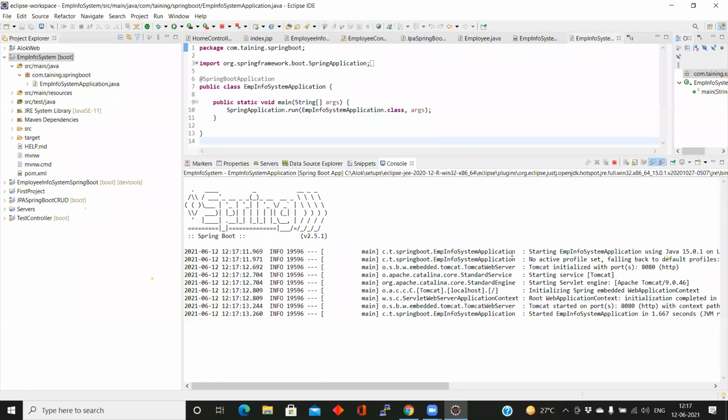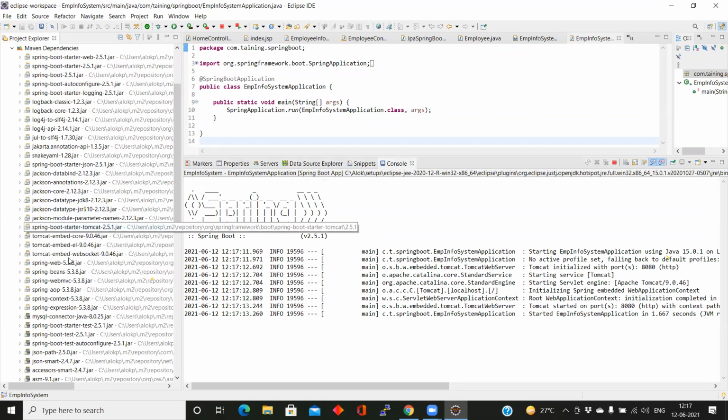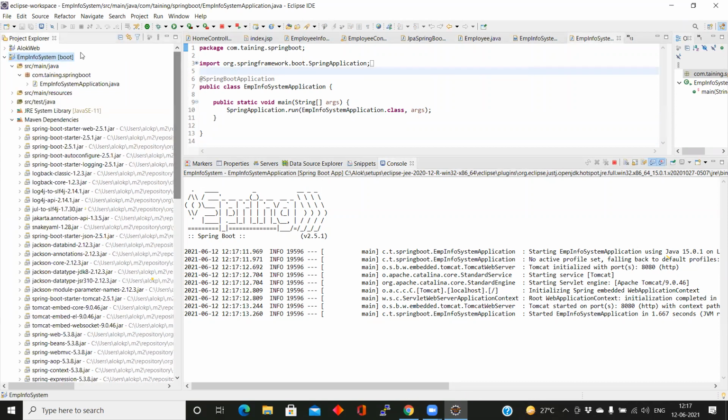All of you have noticed that there is an inbuilt Tomcat. Where is the Tomcat? Go to the Maven dependencies. You will notice that there is a Tomcat embedded here, and Tomcat is now running on port 8080. So we can try out whether it works or not.